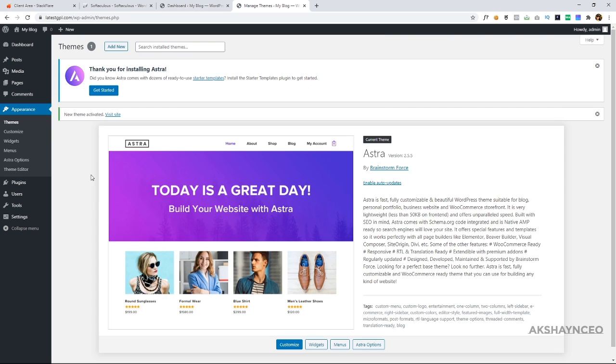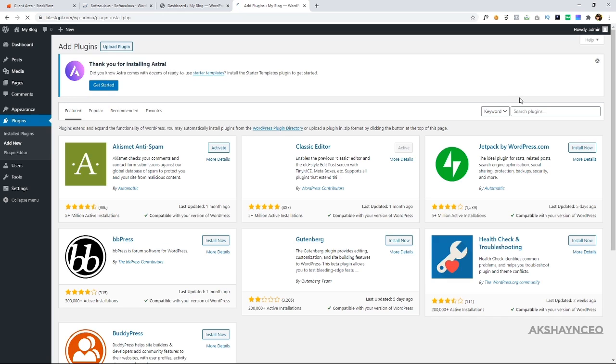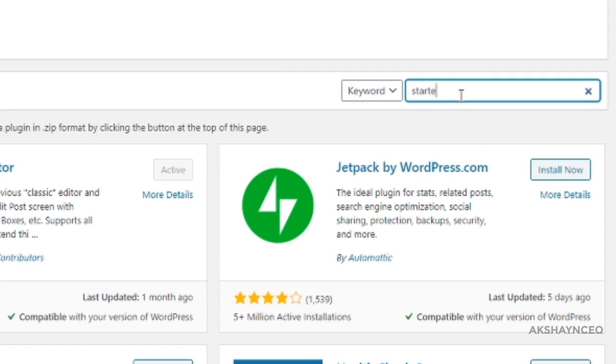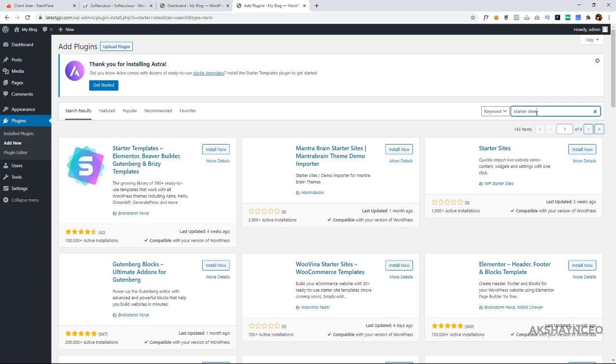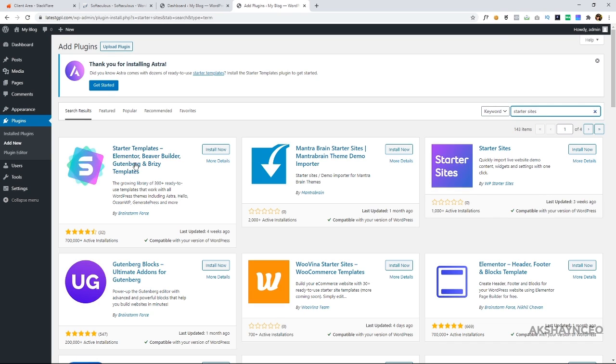So now we'll be installing some required plugins. Go to plugins, hover on plugins and click on add new. We'll be adding Starter Sites from Astra, Starter Templates, Elementor by Brainstorm Force, which is Astra's company.